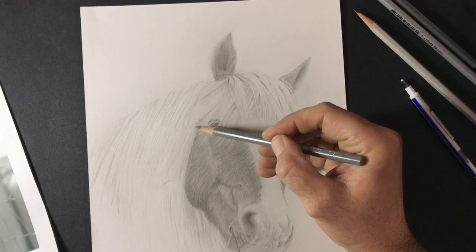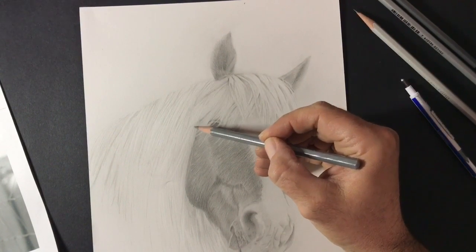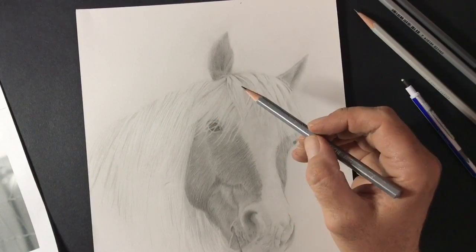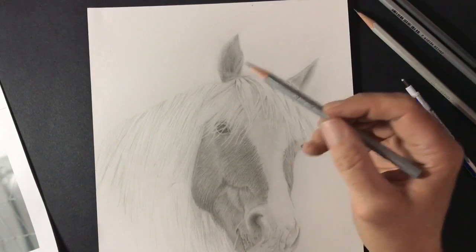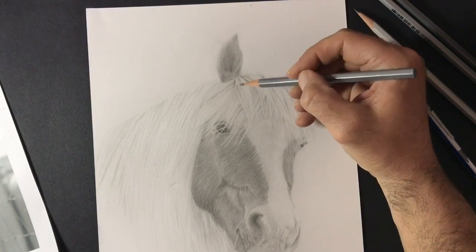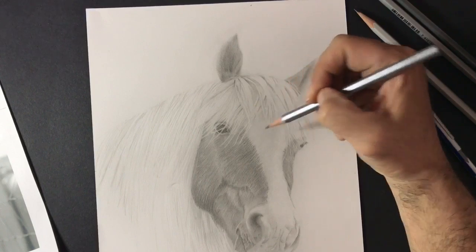I've not done a tutorial for quite a while. I've done a few time lapses, so I hope you've enjoyed them. If you've not seen them yet, have a quick look at them. I've done quite a few time lapse videos. I think the last one was a landscape. It was my picture of the barn or farmhouse with the windmill on it. So I think that was my last one, but